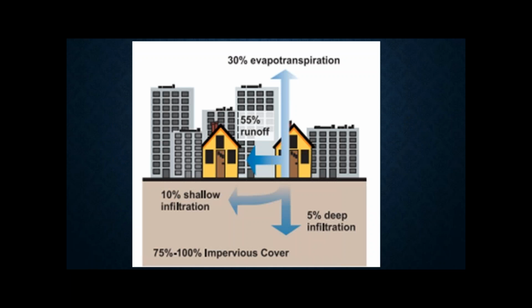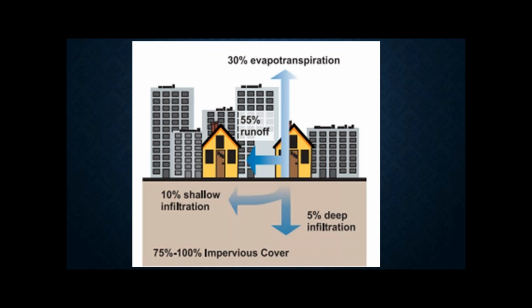The image here is a depiction of an urban area. Let's imagine this is Miami after heavy rain. 30% of surface water from the precipitation event returns to the atmosphere, while the majority remains here. There's only a possibility of infiltration of about 15% because of the non-pervious surfaces in the city.